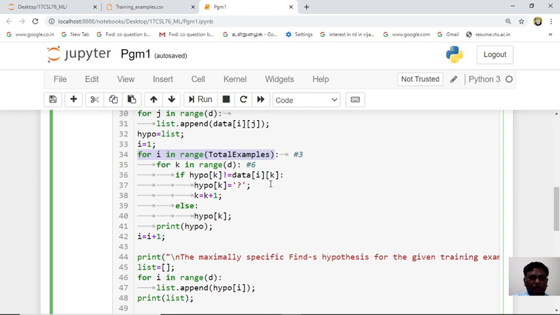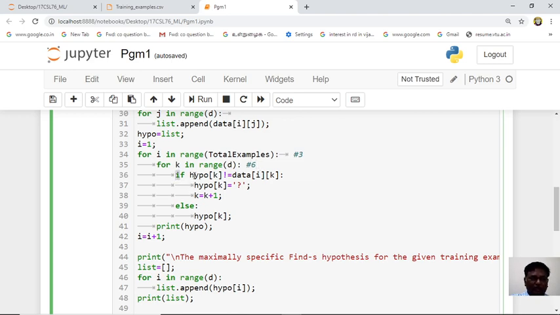The outer for loop, you know how many positive data we have, only 3. So this for loop will be executed 3 times, and in each row we are taking concepts. Concepts are 6 values. So this k is in range of d, 6 times. So 3 into 6 times it will run.